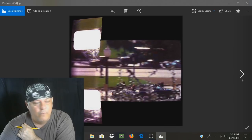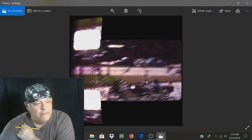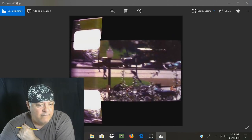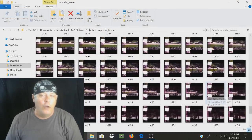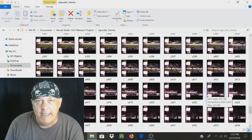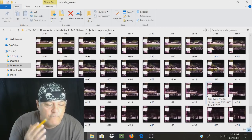Here's frame 414, 415, 417, 418. See? No shots to the sign on the lamppost. No shots. You see? And it all blends in. So see, if I was going to alter a film, as you just saw me, I took out frame 399, I took out frames 401 and 402. I took out frame 416